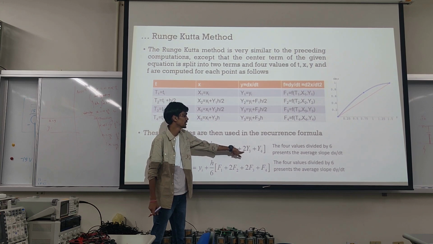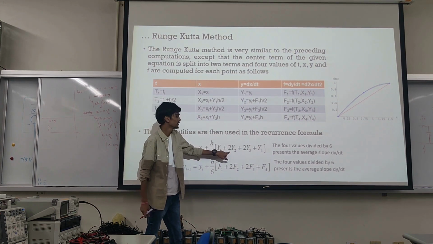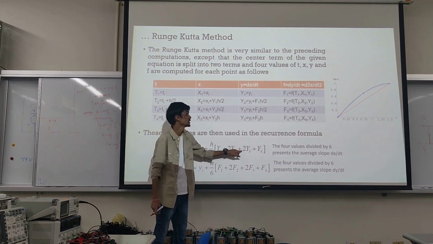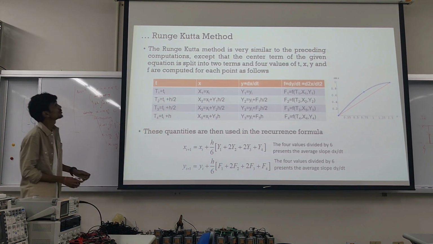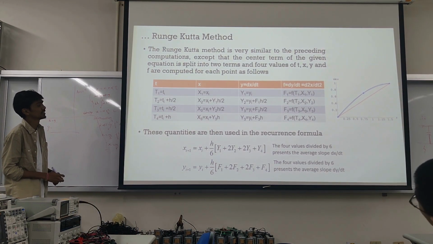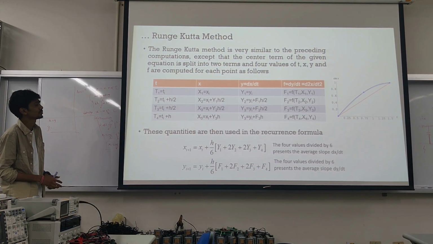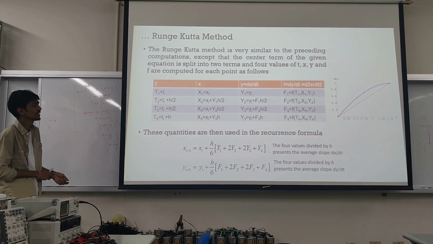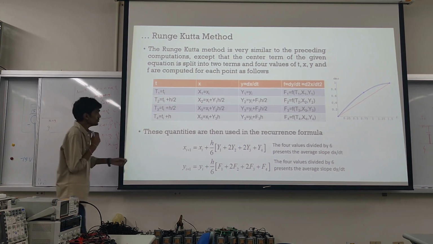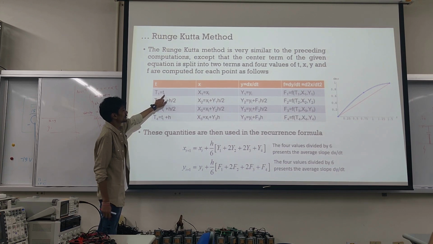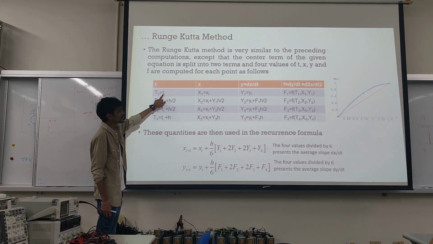So for the middle point, we are going to find it in this way. The Runge-Kutta method is the same as Simpson's rule, an extension of Simpson's rule, but in this case we are getting higher accuracy. So at time t equal to 0, suppose ti,